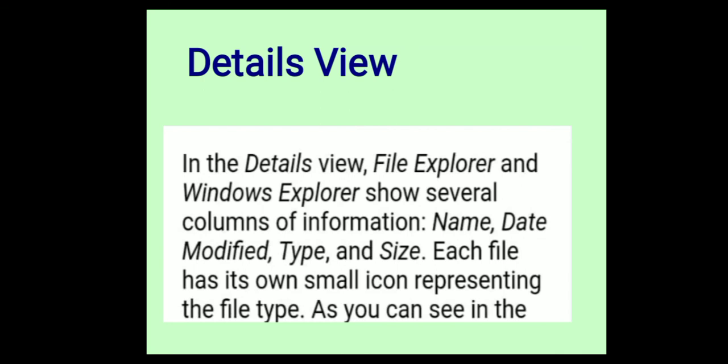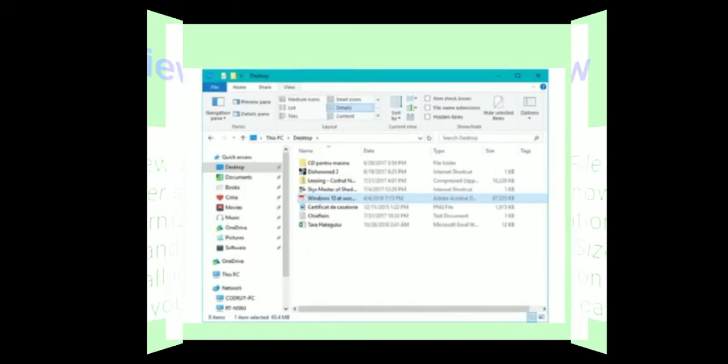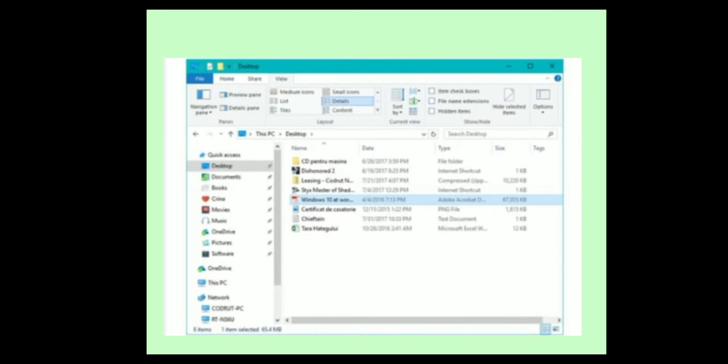Each file has its own icon representing the file type, as you can see. Here you see the details: file name, date, type and size.